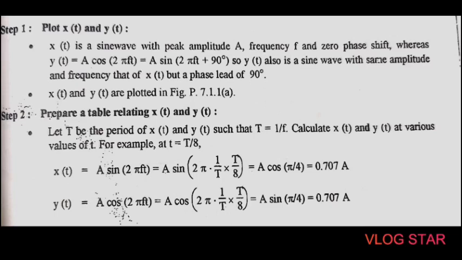So we have to perform again the same process, a cos 2 pi f t. We have to put again the value of t is equal to T by 8 and the value of f is 1 by T. So the equation becomes a cos in bracket 2 pi 1 by T into T by 8, is equal to a sin pi by 4, that is equal to 0.707 a. Okay,